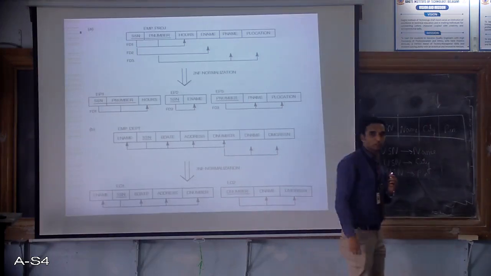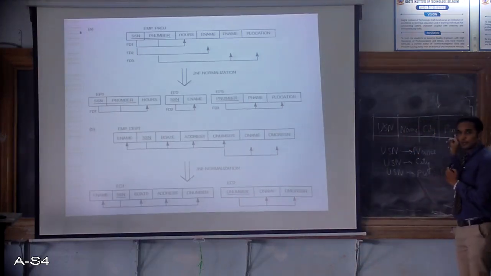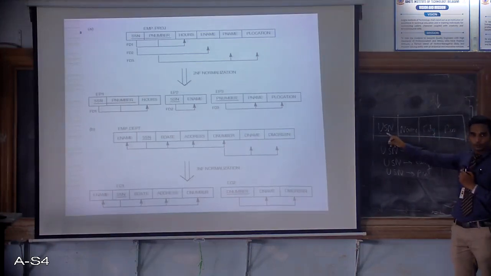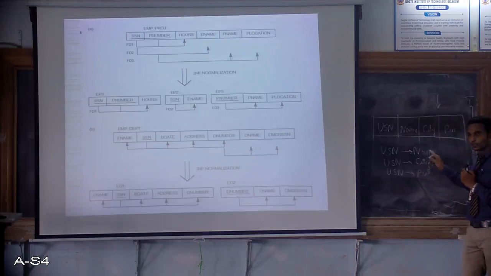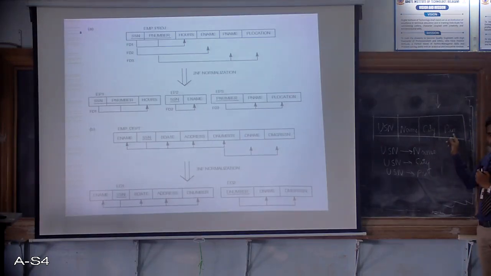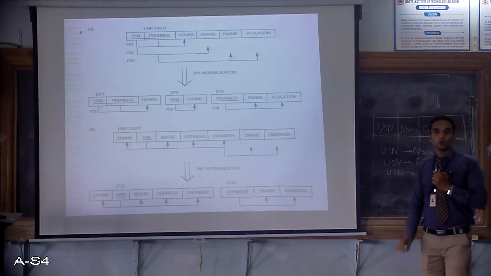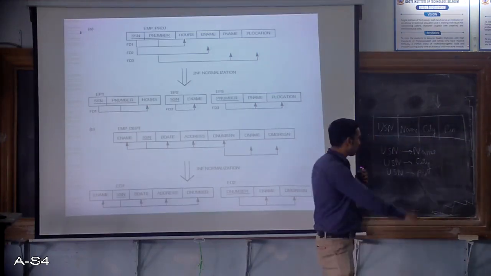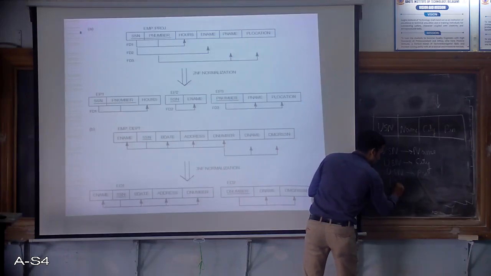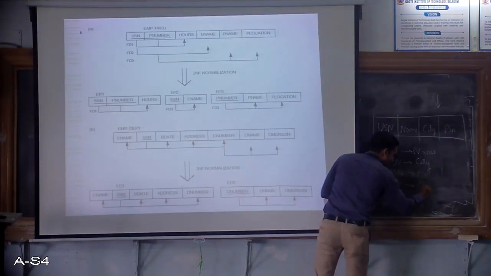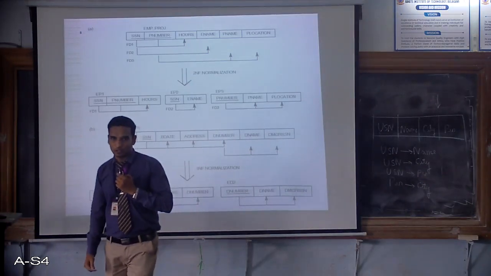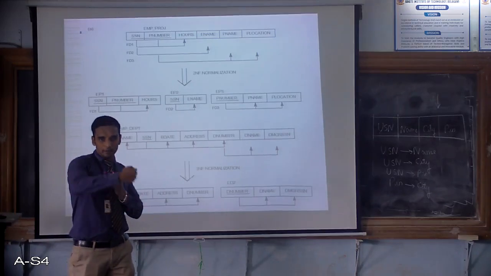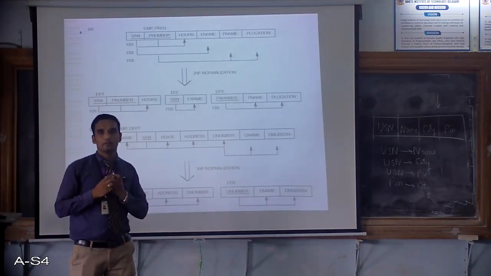Right? Now look at this part here. When the other attributes of the table can be determined by a single attribute, they are said to be dependent on this attribute, and this kind of relation is called functional dependency. If you look at the other part, we also have city and PIN. If I know the PIN code, I can tell which city you are talking about. So even the PIN code can determine the city for me, and this is called functional dependency. When the other attributes of a table can be determined by one attribute, this is called functional dependency.